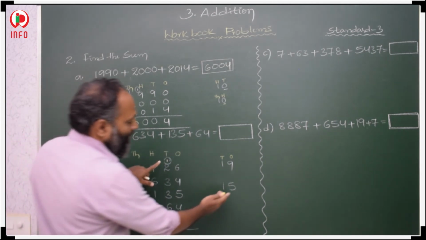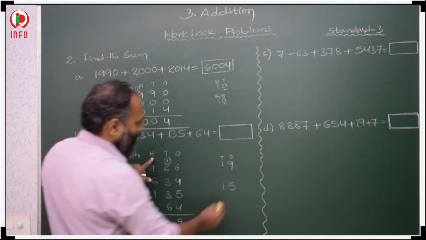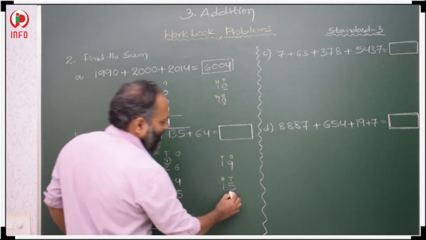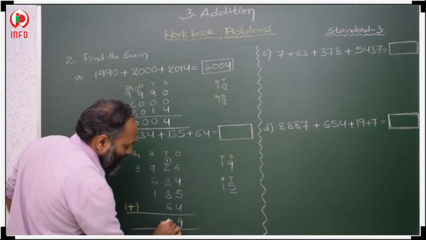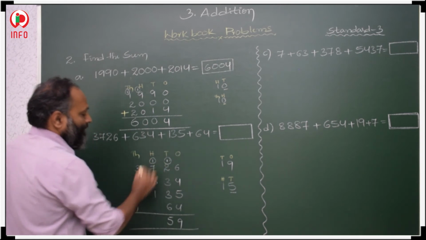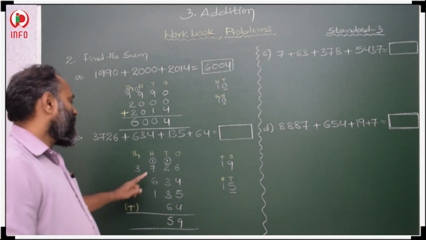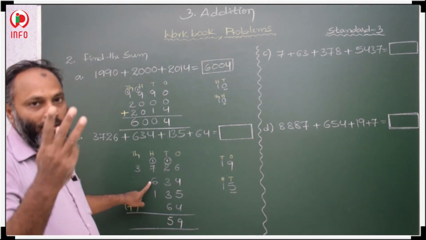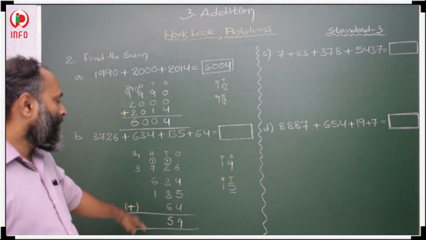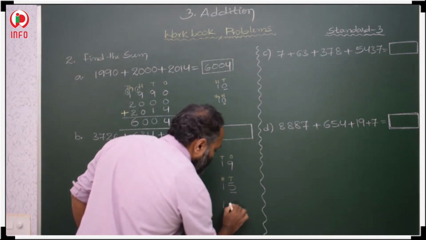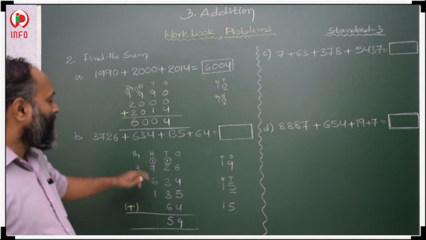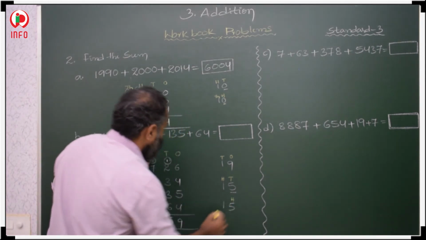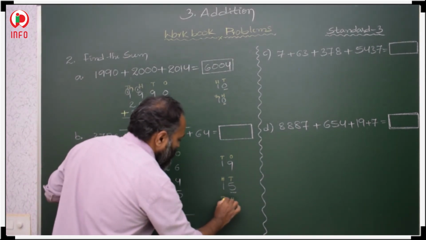Whatever double digit number we are getting here, we have to read as tens and hundreds. This is tens and this is hundreds. Now how many tens were there? 5 tens. So that is in tens column. How many hundreds were there? 100. That's in hundreds place. 7 plus 1, 8. 8 plus 6, 9, 10, 11, 12, 13, 14. 14 plus 1, 15. So when we are adding hundreds place, we are getting 15. So then it means 5 is in hundreds place and this is in thousands place.